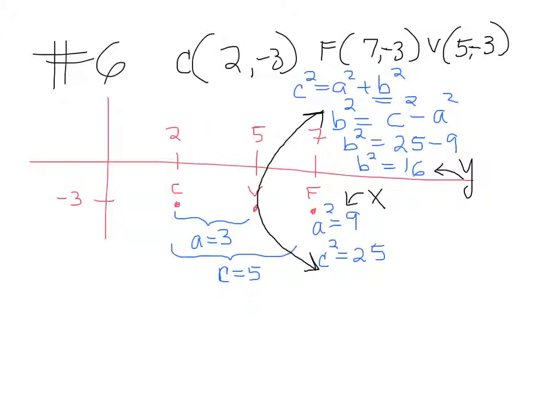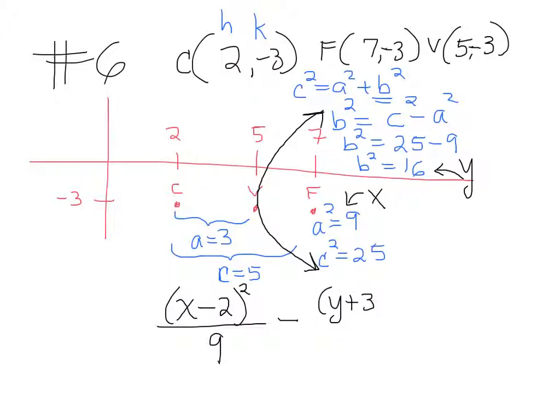So when I put the equation together, I have to keep in mind that the center is H and K. So now I'm ready to write the equation. x minus the H, which is 2, quantity squared, over the A square, which is 9, minus y minus 3, which is the K, that is y plus 3, and that is over